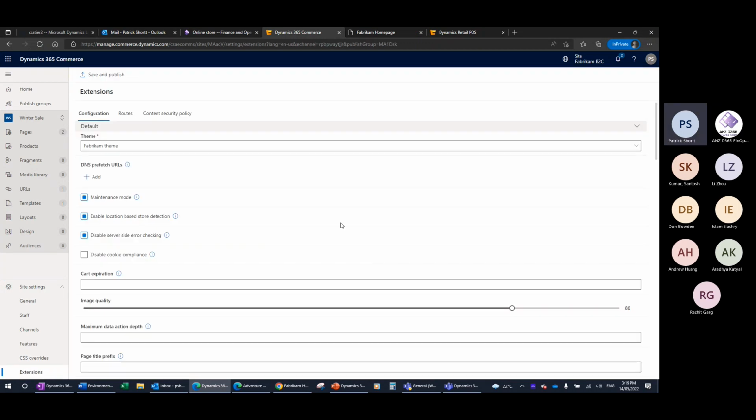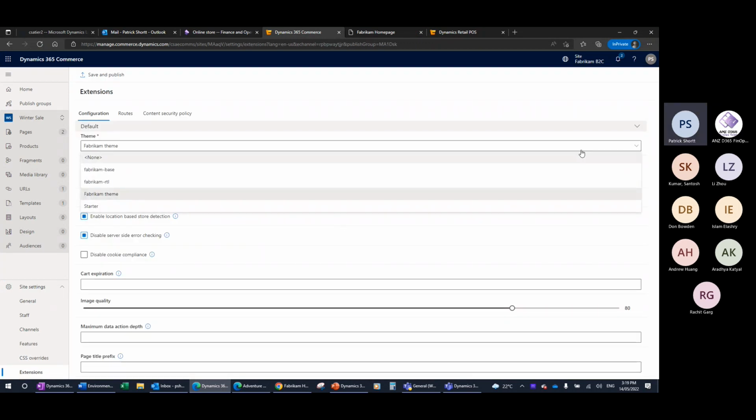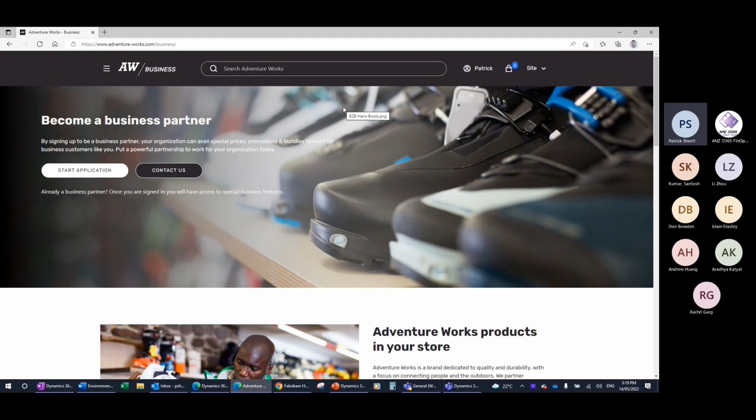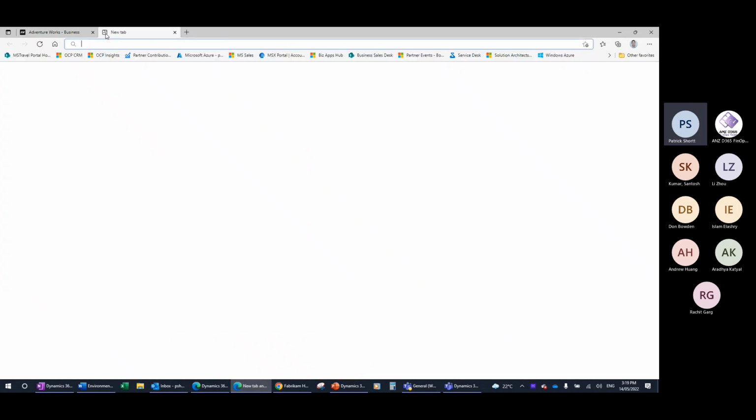Down into extensions here, I mentioned themes. You can see here, this is a Fabricam theme. If I jump to this site here, this is the AdventureWorks theme. So this is a different theme again. Now on this side here,